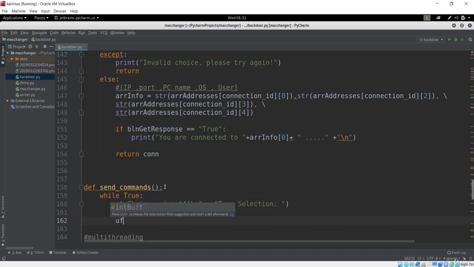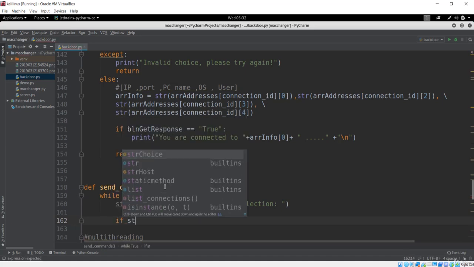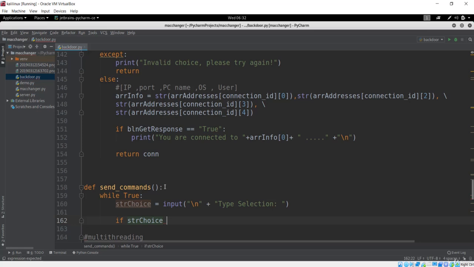First of all, I'll check if that string choice, that is inputted by the user, is the message. If it is dash dash yum, which represents the message, we are making that check. So let's first slice that, so that if the user mistakenly types something wrong, that will be sliced first. So let's slice this first.